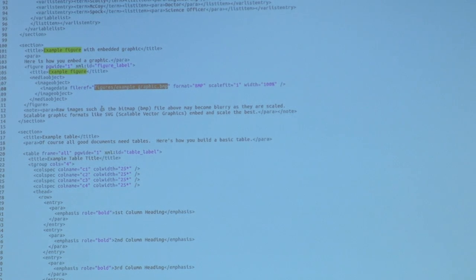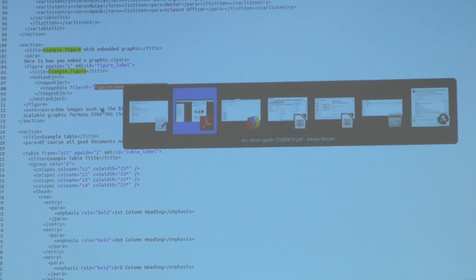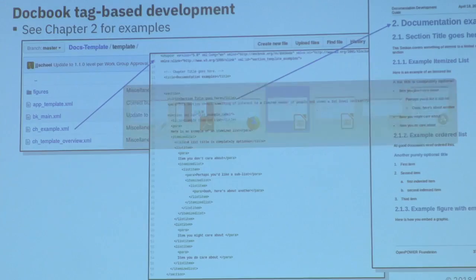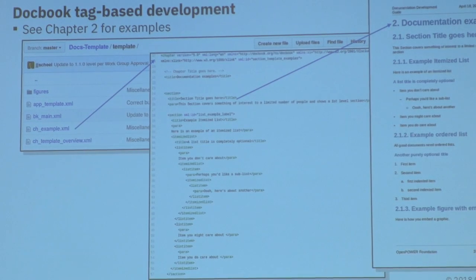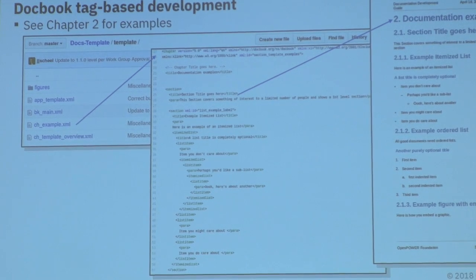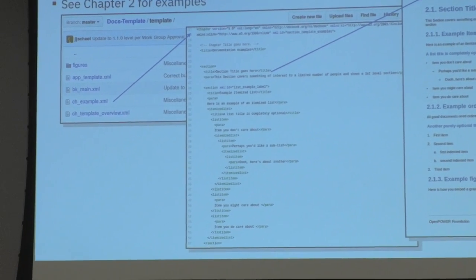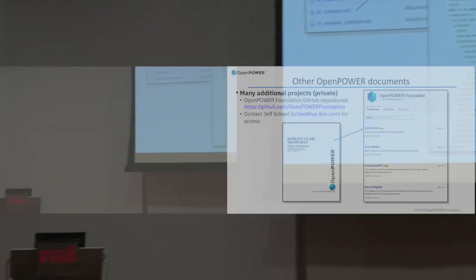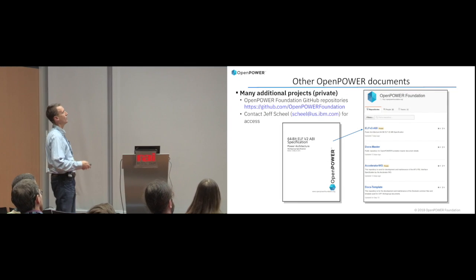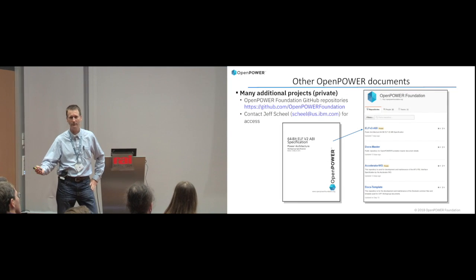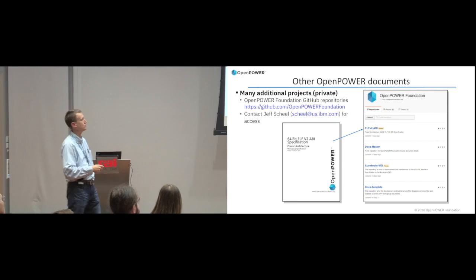So that's how you build. That's what you get. That's where you get help, is the documentation development guide. And then the question becomes, so what else is out there? What else are we building this way? Well,